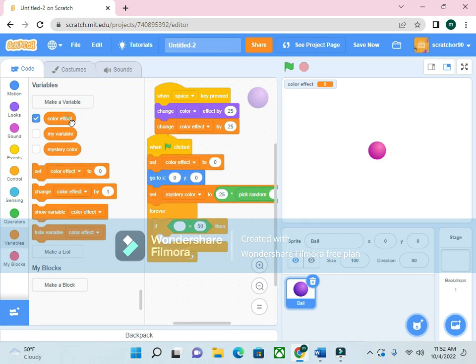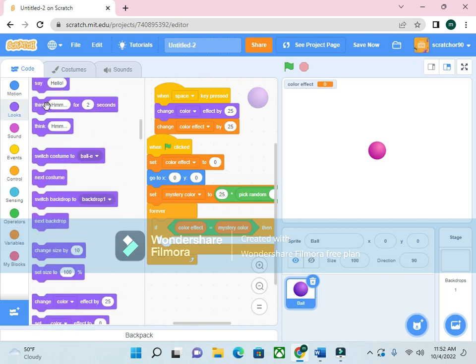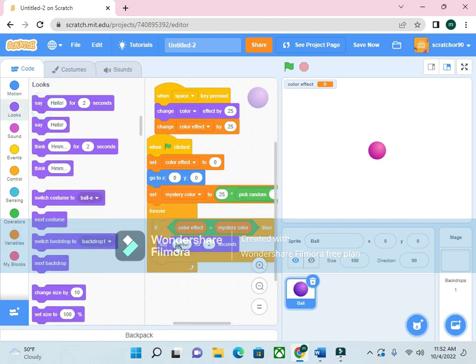So if color effect equals mystery color, then right now we're just going to say you win. We'll change this later, but right now we're going to say you win. Okay, so do that. And we'll see if this works. Let's see. Hopefully it does. It worked. We won. Yay. So now we're going to add